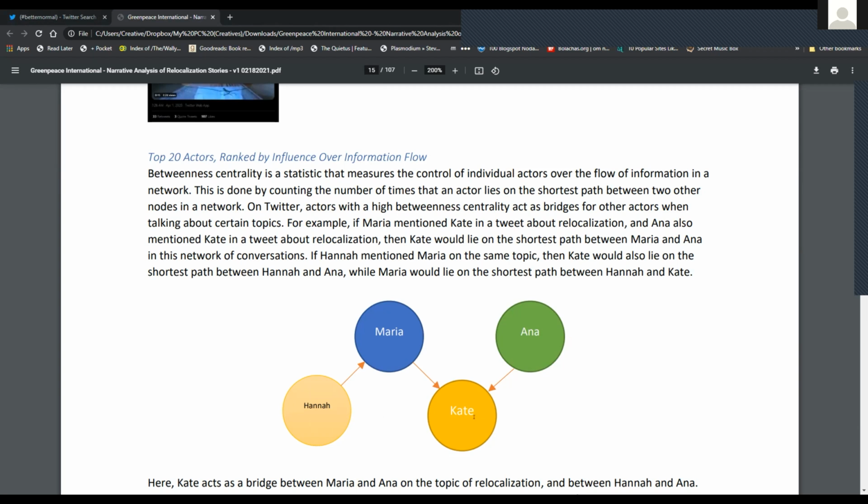And then also, Kate is also in the shortest path between Hannah and Anna in this scenario. So let's say Hannah mentioned Maria. Ganyan siya kung in-map out mo yung network eh. So Kate is also in the shortest path. And then, yun nga, it's like the information that's flowing through this network tends to pass through Kate. And so that makes Kate important, an important node in this network. And that's what betweenness centrality measures. So if you see, nag-calculate na siya ng betweenness centrality. And then meron isang tao dito na napakataas ng betweenness centrality. This one. Ayun, that's another important statistic.